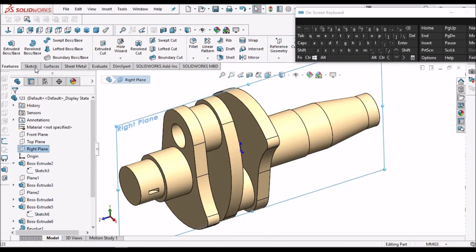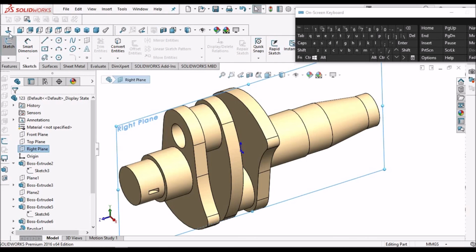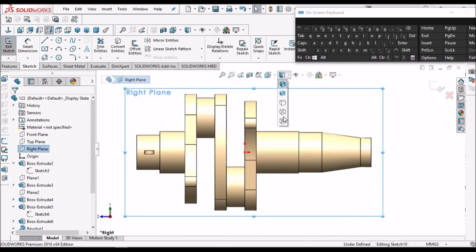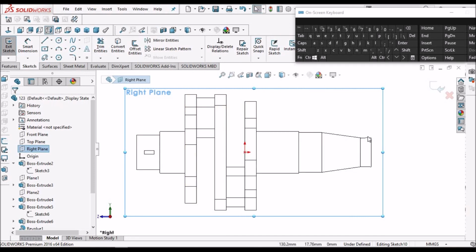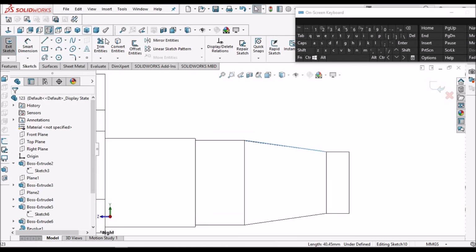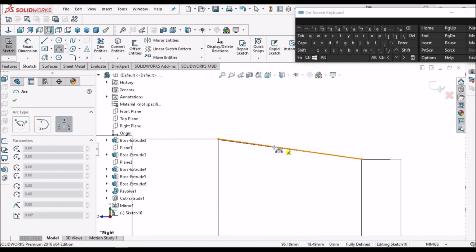Select the right plane, go to sketch, so if it is a tapered surface, we have to select this taper line and draw an arc.